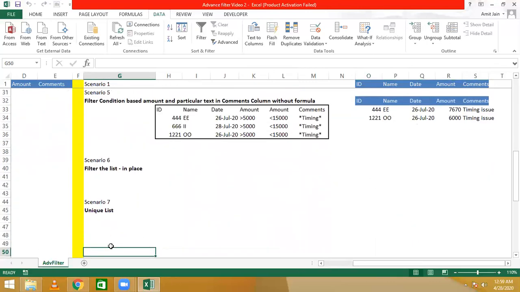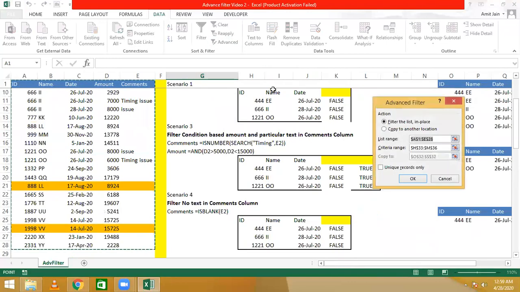So in our sixth example, we want to filter the list in place. We will go to advanced and we see the first option, filter the list in place. Here we do not copy the data elsewhere, we filter by criteria in the source data itself. So whatever criteria we have, on that basis we will filter the transactions in the source data. The list range should be covering the whole current region.